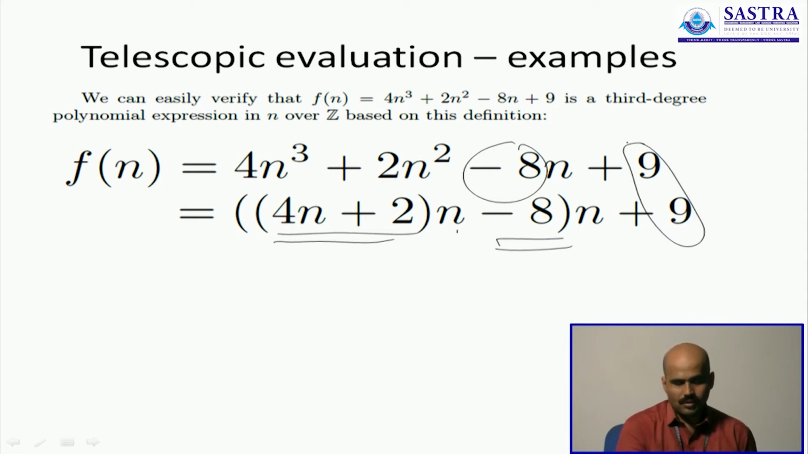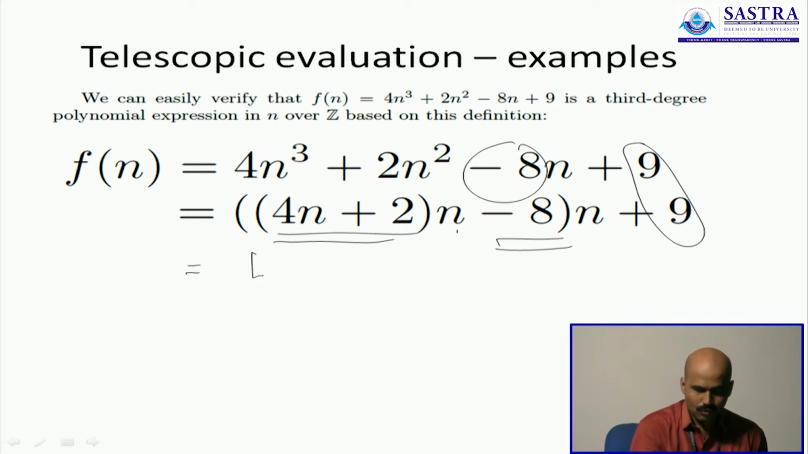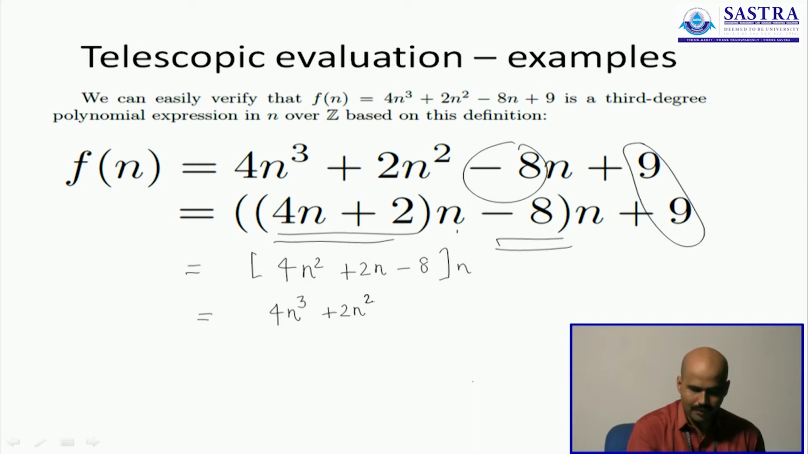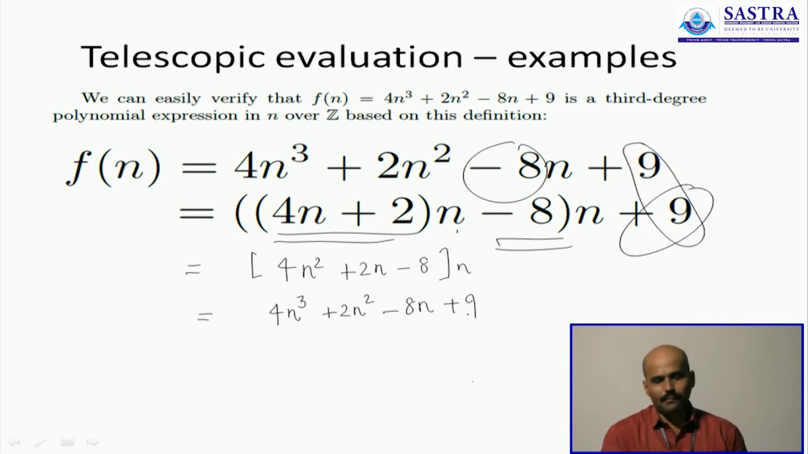Now let us move backward from the answer that we have here. So this is actually 4n square plus 2n. That is what you get when you simplify the first expression. You have a minus 8 and you have an n outside. So this will mean you have 4n to the power of 3 plus 2n squared minus 8n, and there are no n terms here, so that will just be 9. So we have got back the polynomial we started with, but in doing so we have broken the polynomial down